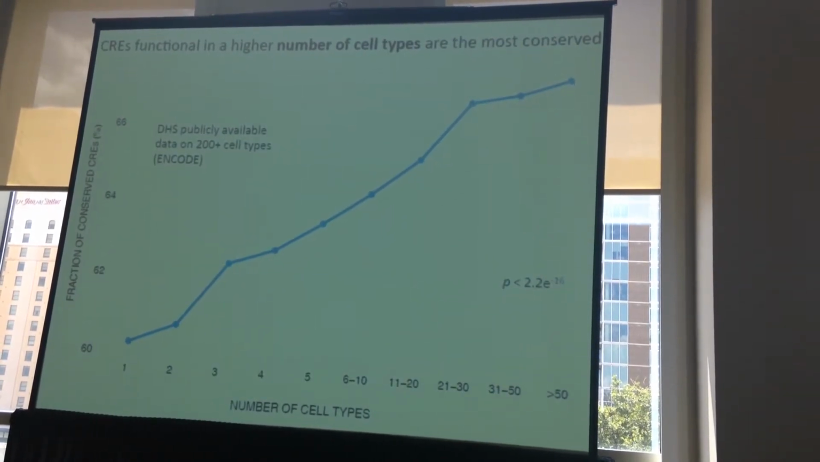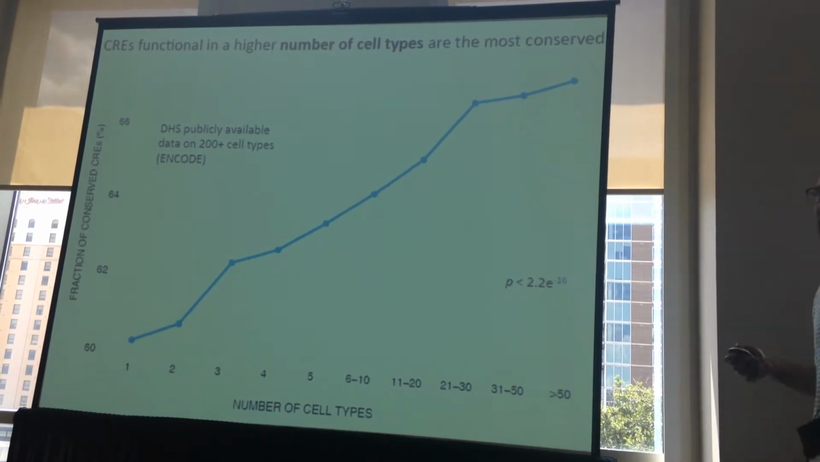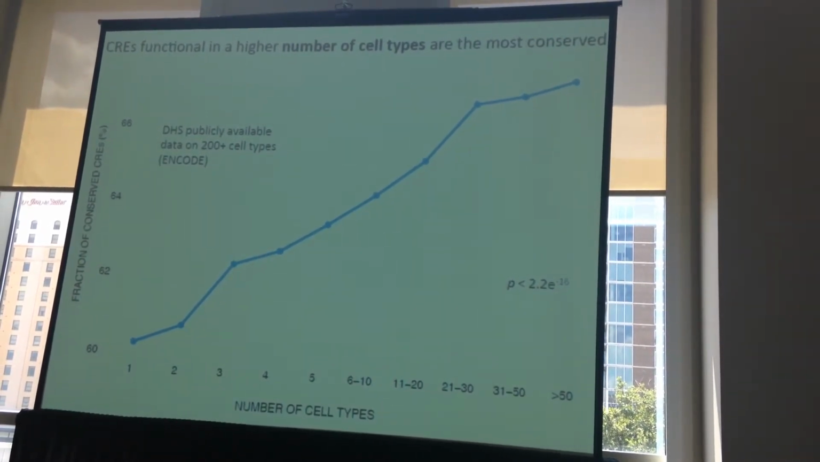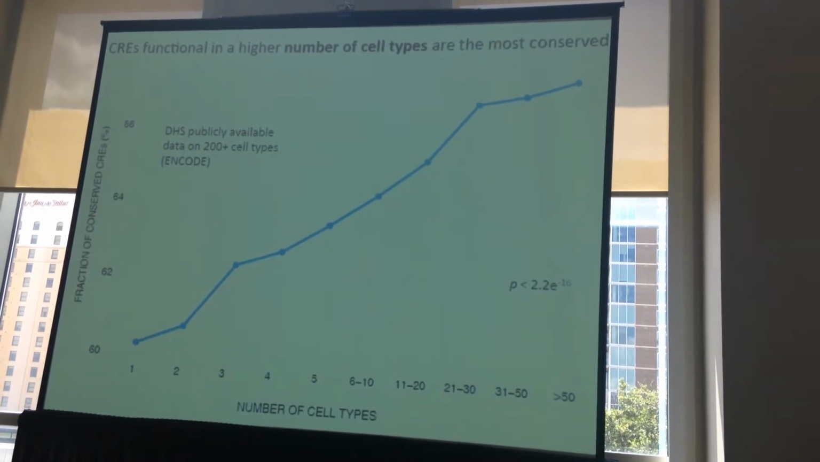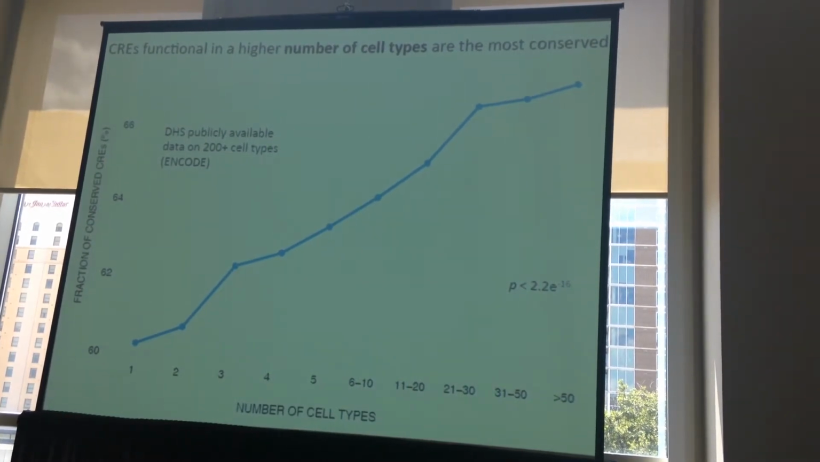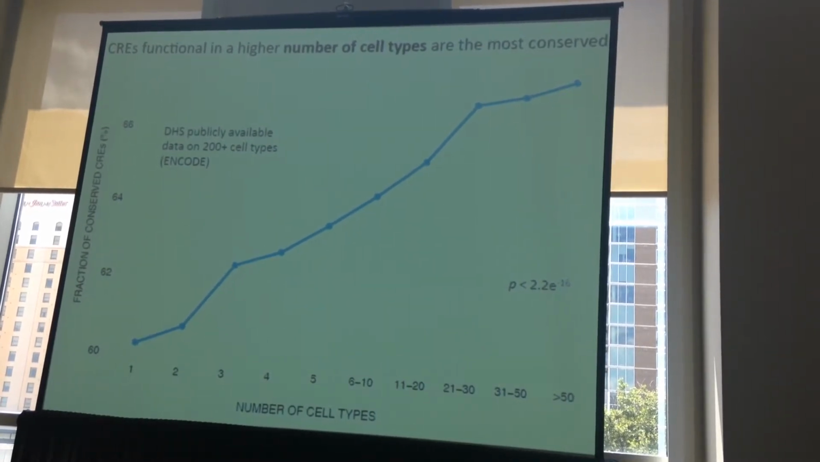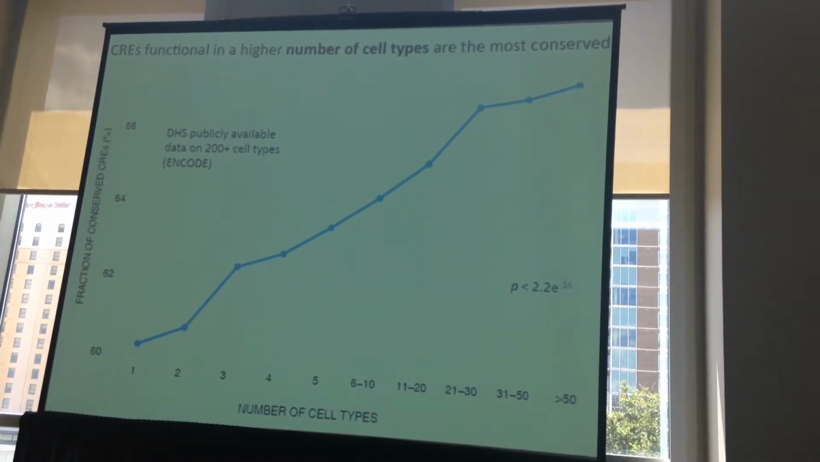Then we also wanted to look at the number of cell types where these enhancers are functional, because the fact that we predict an enhancer in liver doesn't necessarily mean that this enhancer is also a functional enhancer in other tissues, in blood, in brain, and so on. So we took advantage of publicly available data for DNase hypersensitivity. That is an assay that looks for regions of the genome that are basically open and therefore functional for more